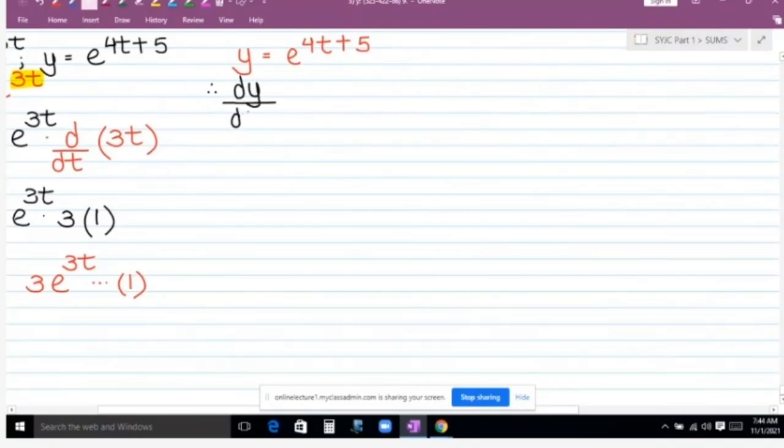Therefore, derivative of y with respect to t, answer is dy upon dt. And you can proceed with e raised to 4t plus 5. Again, it is in the form of e raised to x. Derivative of e raised to x is e raised to x. So derivative of e raised to 4t plus 5 is e raised to 4t plus 5